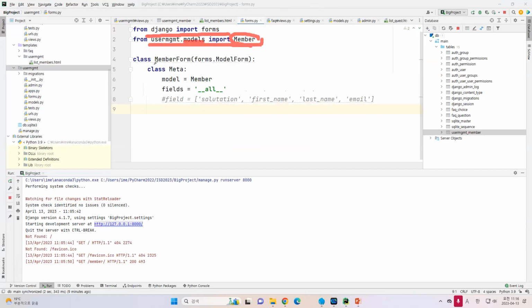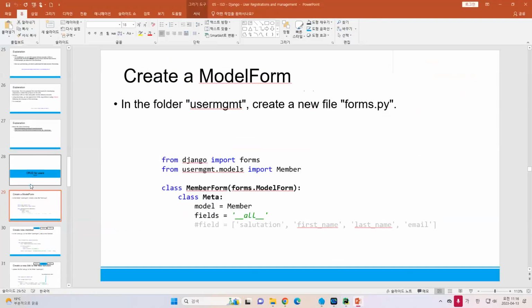And for this, I'm creating a new class, MemberForm, and this MemberForm will be using the ModelForm, and the model will be Member, and then I want to use all the fields. So let's see why we need to use this one. After we have the forms,